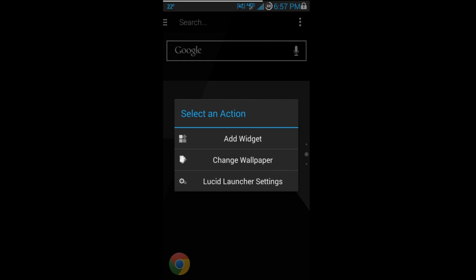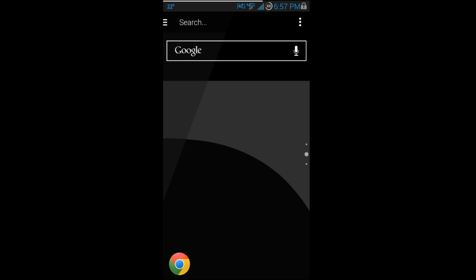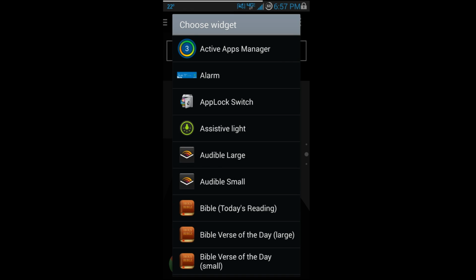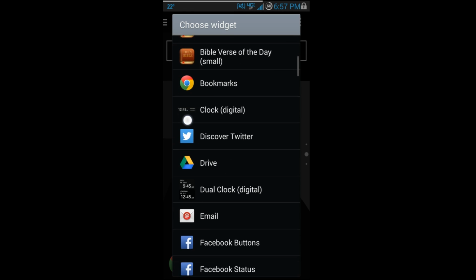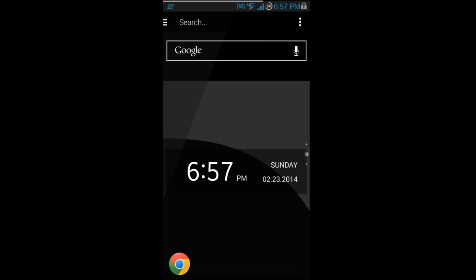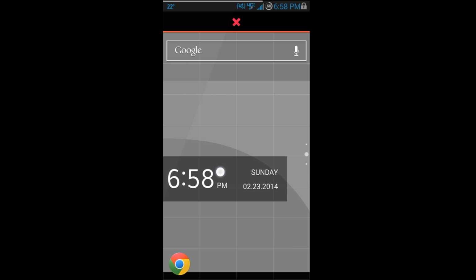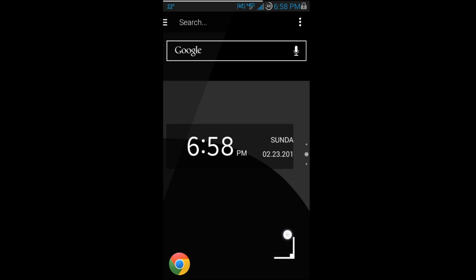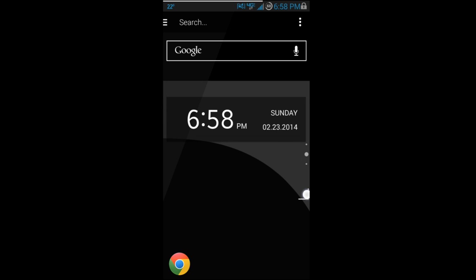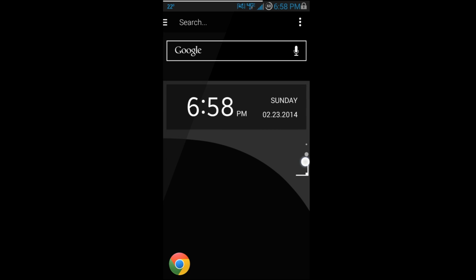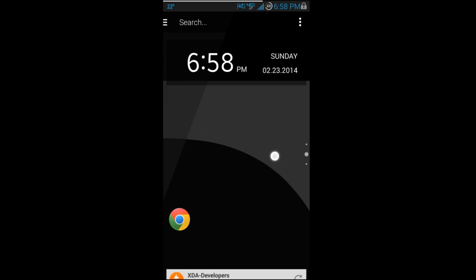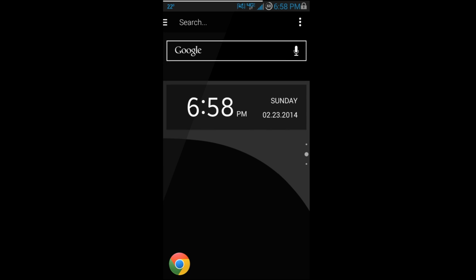Also, if you want to add a widget, you can hold on the screen here, and you can go to add widget, and pick whatever widget you want to add. Let's add a digital clock, and you can see it's added. Now, a little bit that's weird about this is if you want to move it around, look, it takes up the whole screen. So you just let go of it again, and then you have this little button over here, and you can drag it with that, and then kind of put it where you want it,